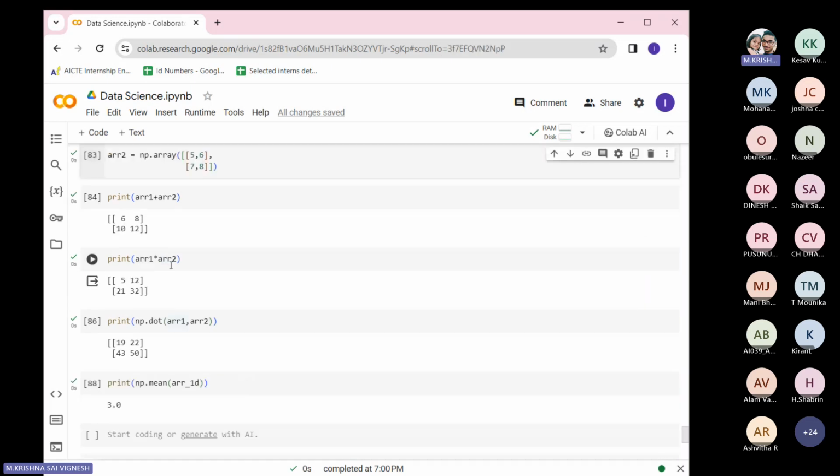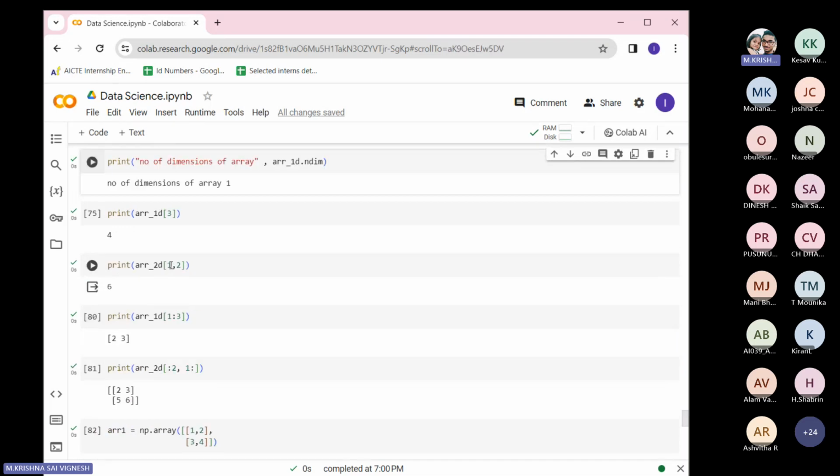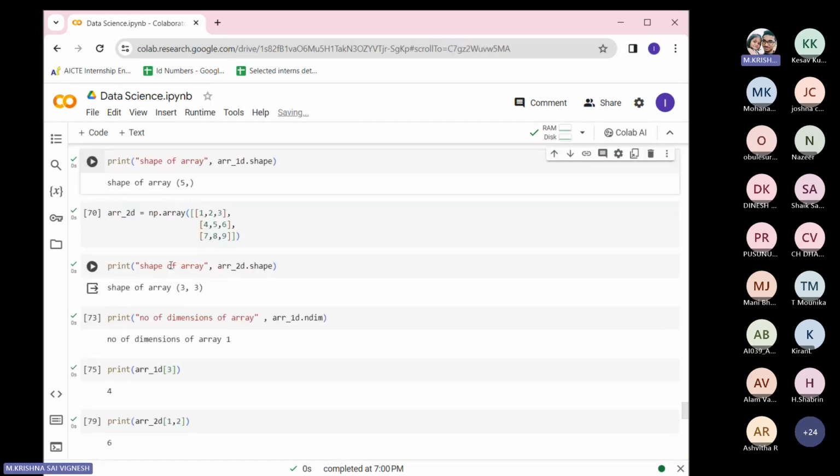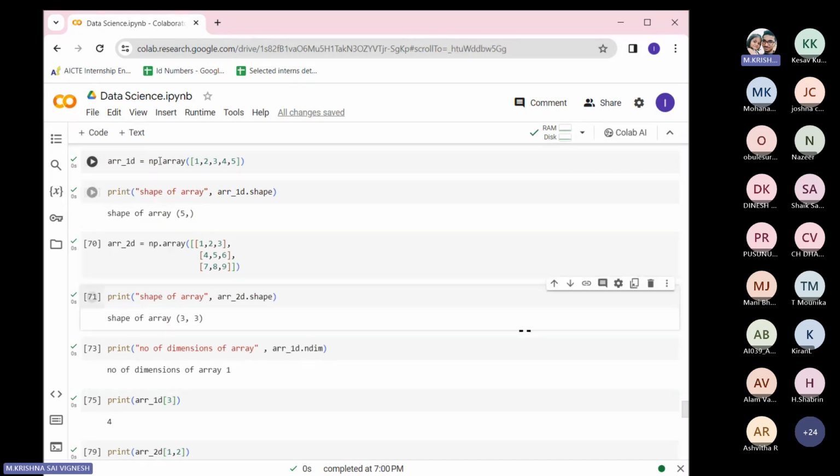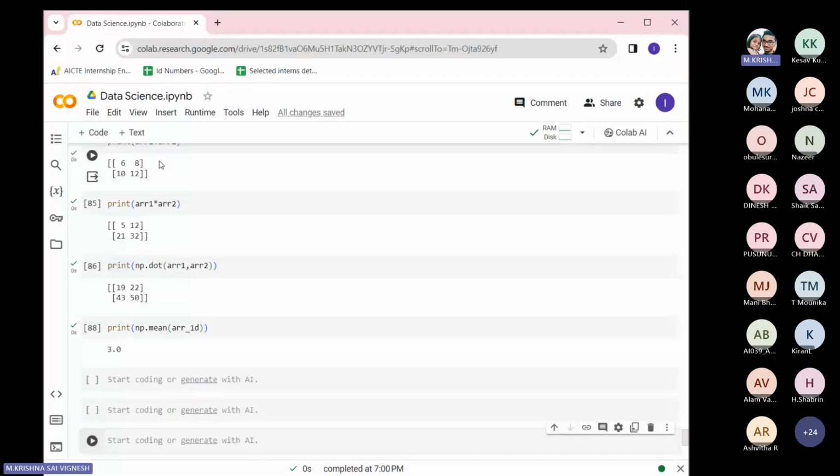So what is meant by mean? You can check here. What have you taken in the 1D array? What is the mean value for this array? Is it 3 only, right? For the mean. Okay. Now we will check for